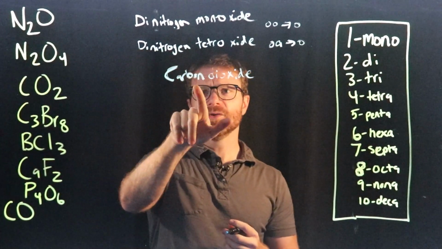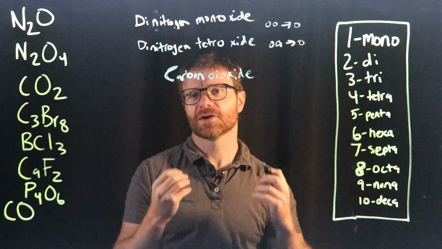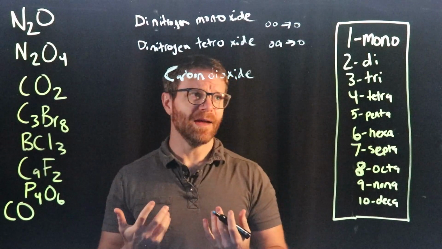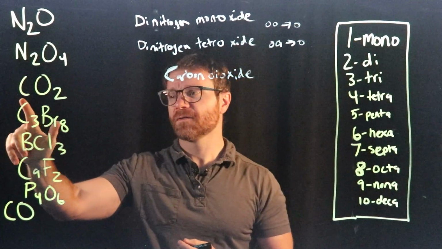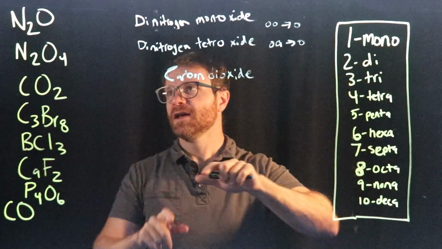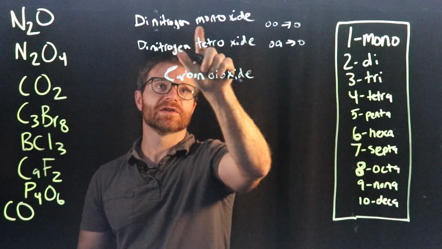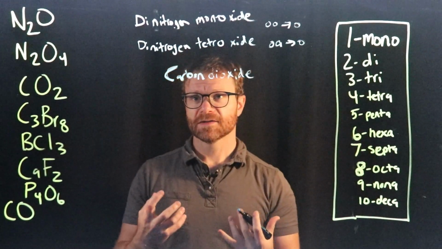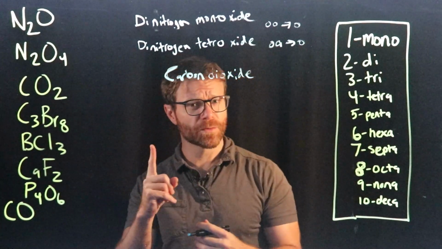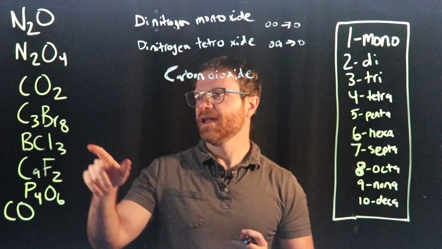And we're just going to assume that if there's nothing else there, if it's not dicarbon or tricarbon or tetracarbon, that it's just going to be one carbon. So it's a way of kind of saving time. If there's just one thing and it's the first thing in the chemical formula, you don't need to use the mono prefix. If it's the second thing in the chemical formula, like with N2O, you actually do need to use the mono prefix. So the first thing in the name, the first element, if there's just one of them, you don't need to use the mono prefix. Okay, next,